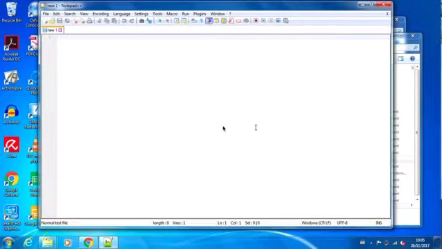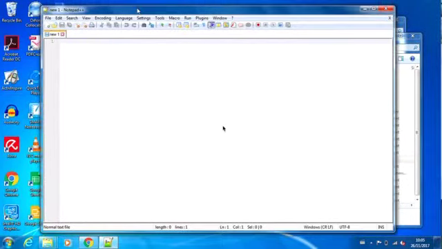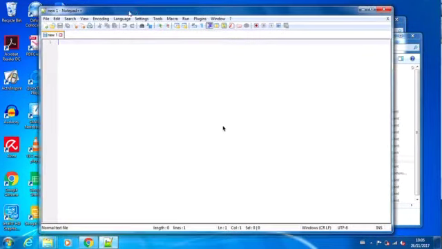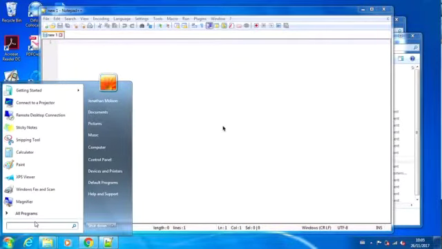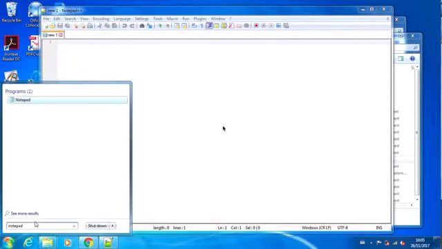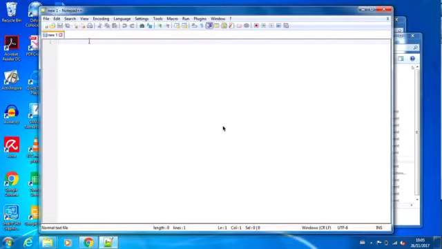Today I'm going to show you how to create your first web page. As you can see, I'm on a Windows machine and I'm using a program called Notepad++. Now this you can freely download from the World Wide Web, but there is absolutely no reason why you need to use Notepad++. You could just use Notepad, which comes on every Windows machine,